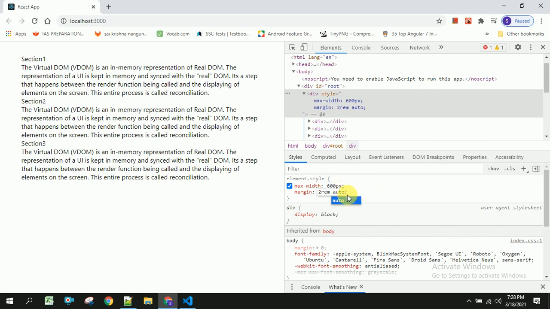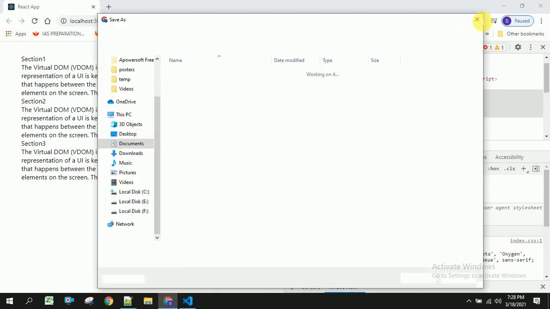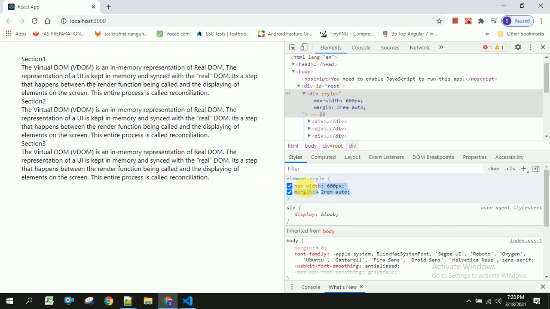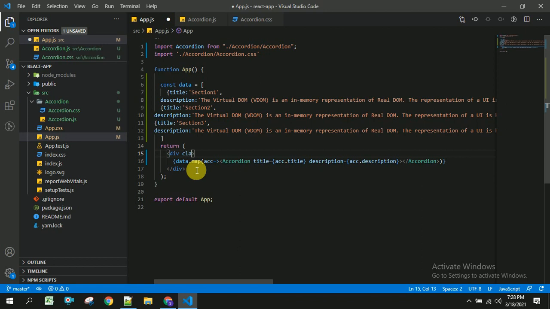Now I am going to copy this and paste it in my CSS file. So I am going to create some class name here called accordion main.